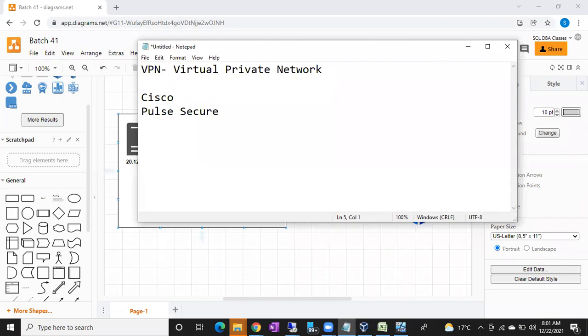And we also have Global Protect, one more new VPN software. So these are the different VPN softwares.